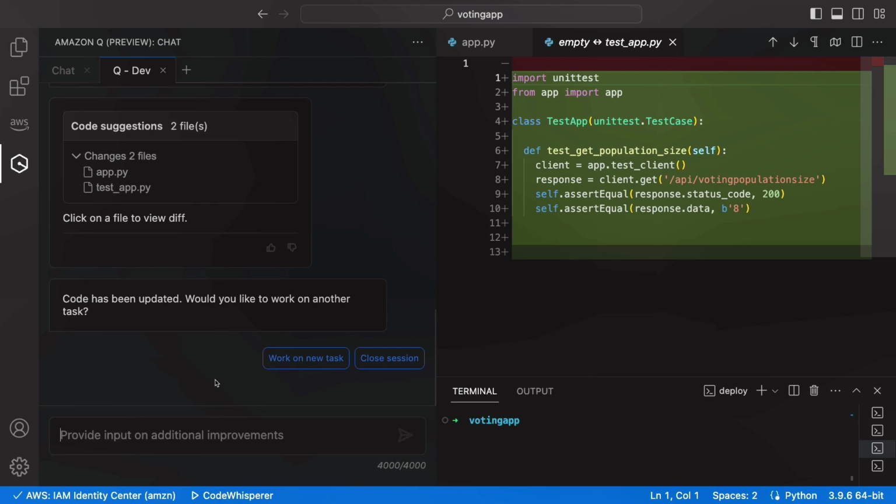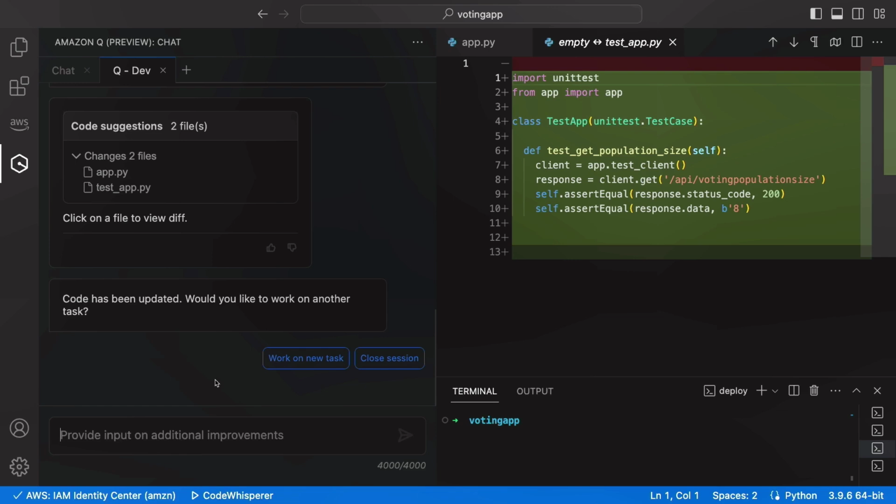This is your opportunity to say, yes, go do that, or no, I want to change the plan a little bit. I want to change my requirements a little bit. I want to give you something different. So you get that step to make sure that you've given good directions and that Q knows what you're doing. And then once you like that, you click the button that says write the code.